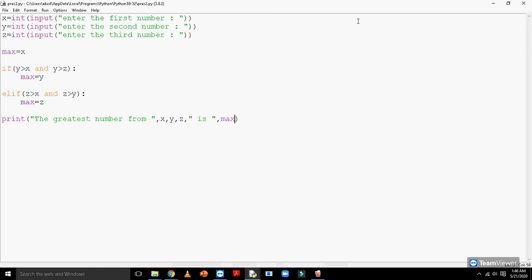There is one more thing that I would like to discuss here. We have used elif as the second conditional statement and not if. Why? Because if the first condition becomes true, then we do not want the second condition to be checked. But if that condition becomes false, we do want the second condition to be checked. Therefore, we are using elif for the second conditional statement.